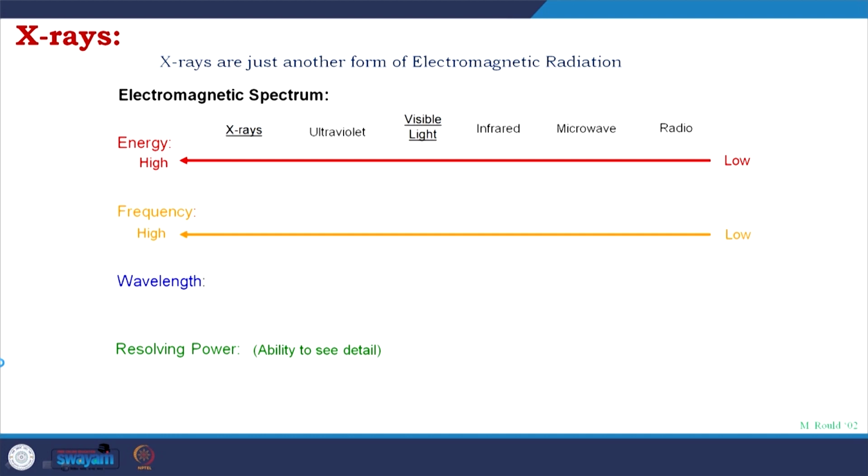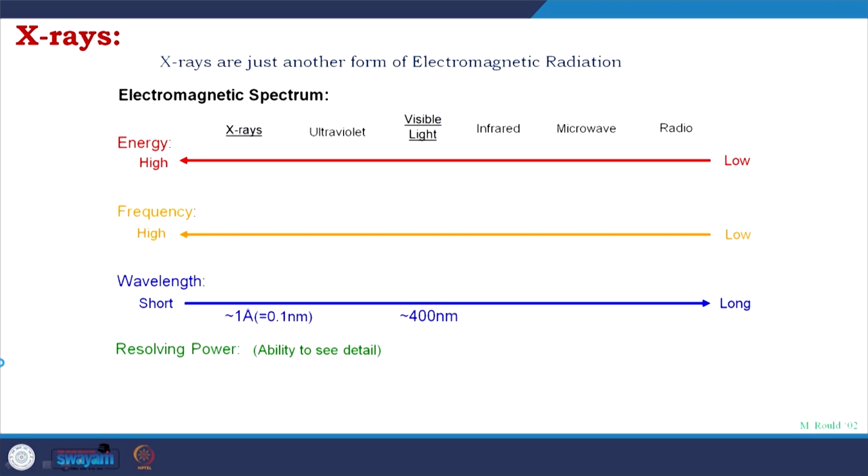The frequency, correlating to energy, is also going from low to high. The wavelength is inversely proportional, so it is going from long wavelength to short wavelength. And if you look at visible light, it is 400 nanometer, and for X-ray it is around 1, 2,